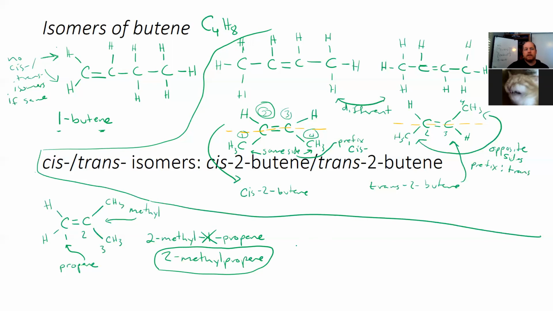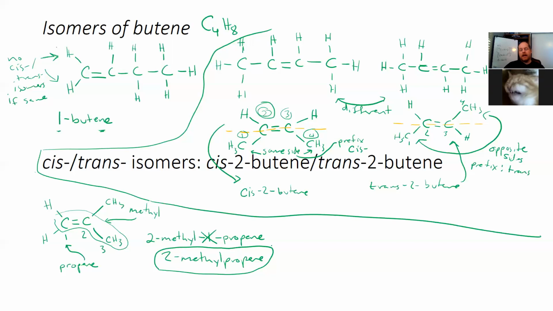Do you need to use a prefix at any point, like to specify di, or no? There is no di on this. So we're saying our longest carbon chain is here. If you were to have two methyls somewhere on a molecule, yes, you would have to use those prefixes if you have a bunch of them. So that would be your isomers of